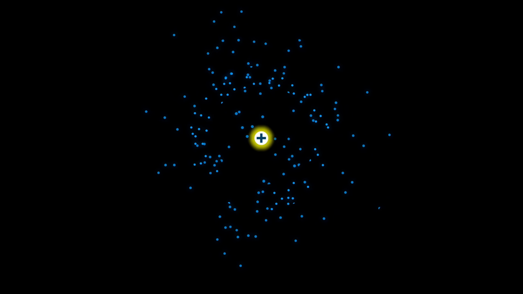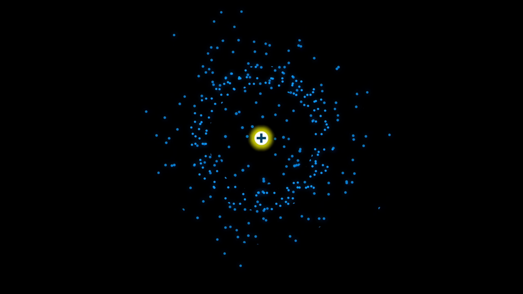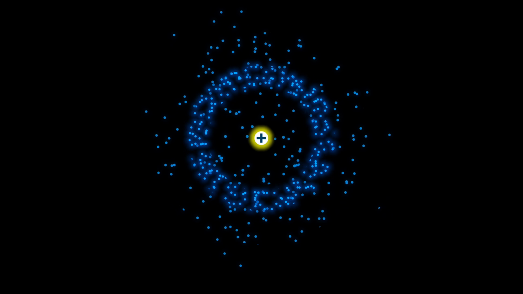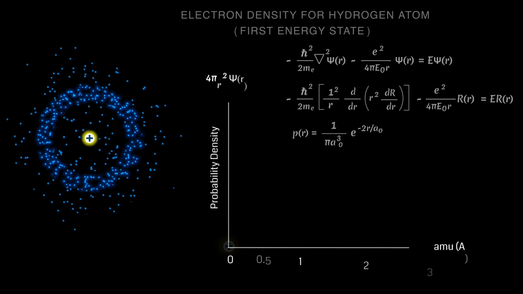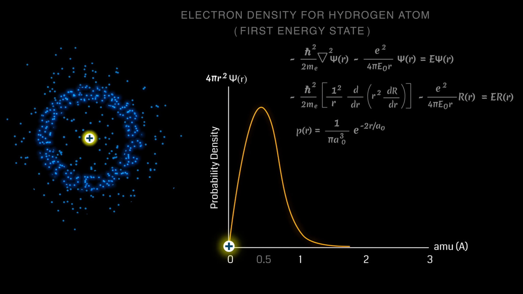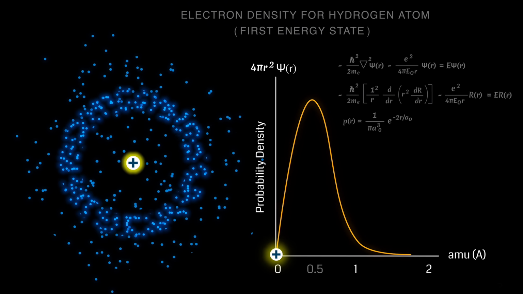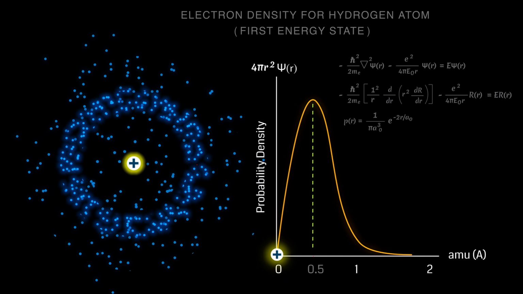Similarly, in the case of an atom, the electron can theoretically be found anywhere around the nucleus. However, most of the time, it'll be found in certain regions. These likely regions are described by the Schrödinger equation. The Schrödinger equation decodes the probability of where an electron is most likely to be found. It describes the probability density of an electron within an atom. Simply put, it shows where the electron density is higher, that is, where the electron is more likely to be located.